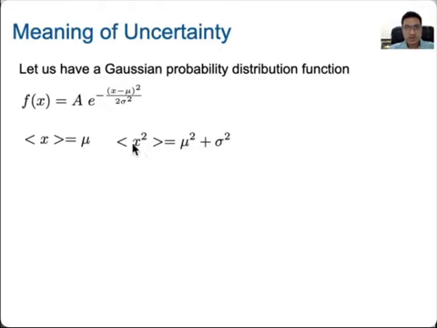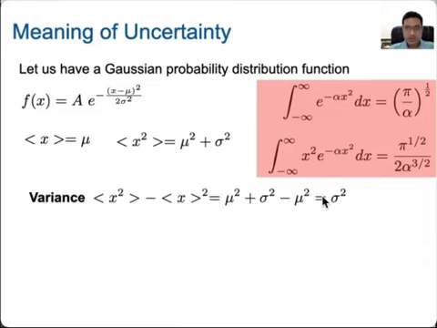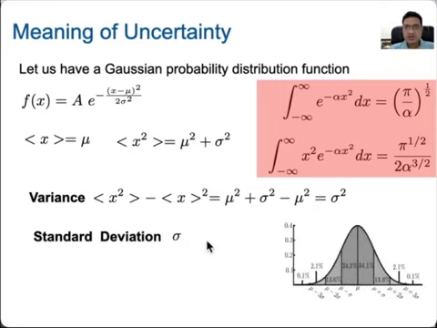So now you can estimate that your x square will be mu square plus sigma square, and these are some standard relations that you need to use. So now I can calculate my variance, which is given here as sigma square. I know all these values. Okay, so my standard deviation sigma is this one, and we have seen that the Gaussian distribution function